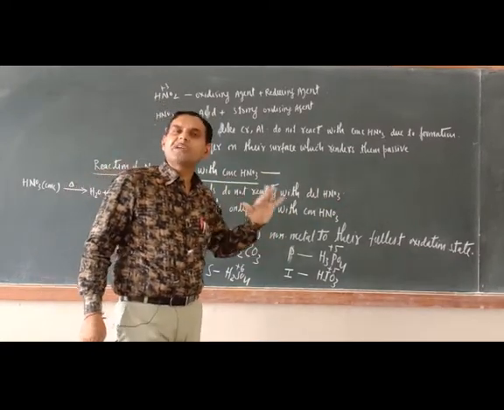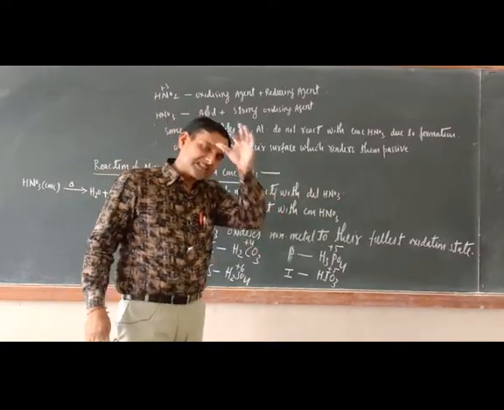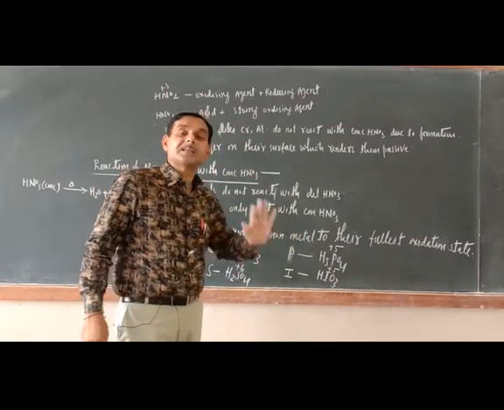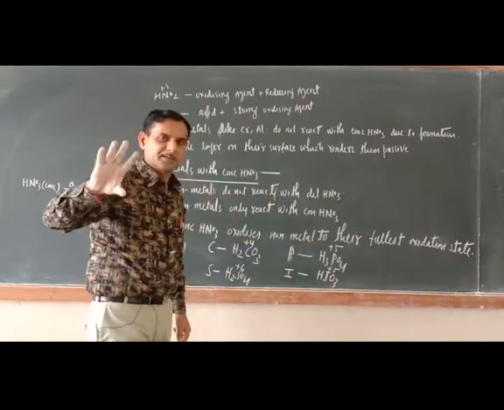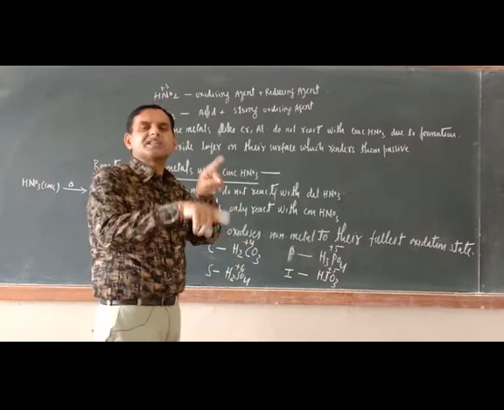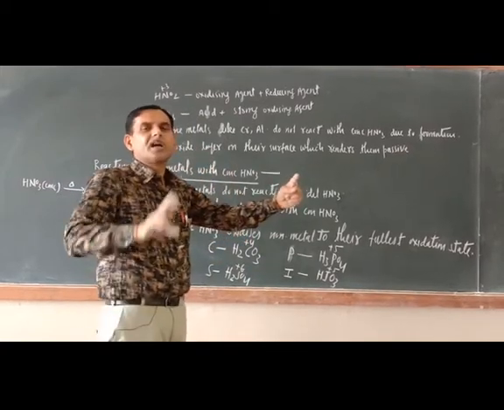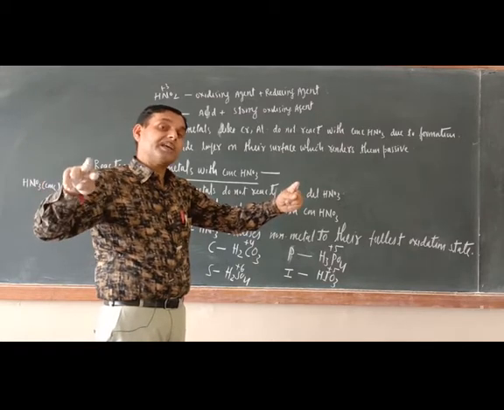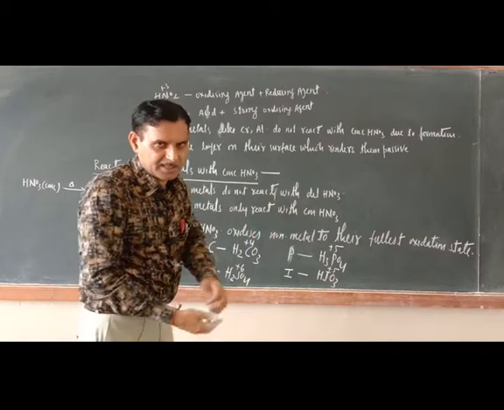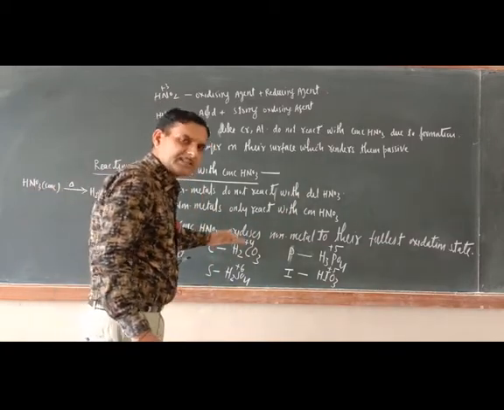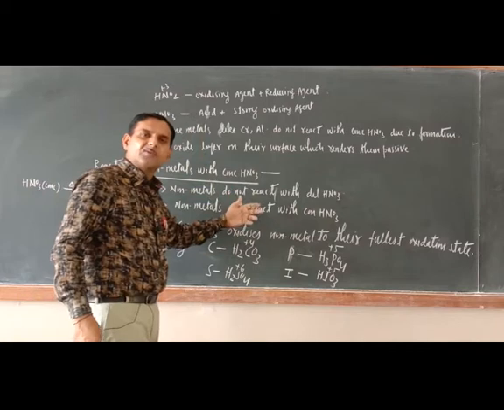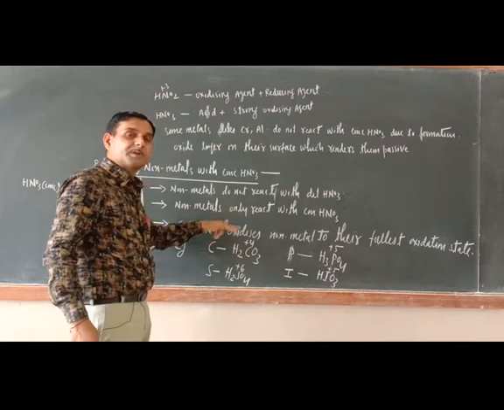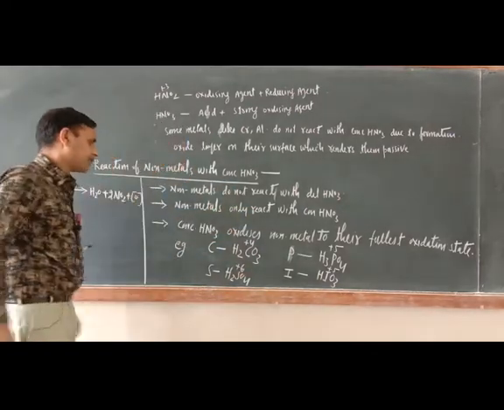Concentrated HNO3 is a weak oxidizing agent, which means its extent of reduction is less. That is why HNO3 can react with the non-metals. I hope you are getting it. Am I correct or not? Just see, a mismatch is needed. If one is strong, the other should be weak, with opposite character. But if it is weak with the same character, then also the reaction won't happen. Non-metals are strong oxidizing agents, and dilute HNO3 is also a strong oxidizing agent, so the reaction is not possible. It is possible in the case of concentrated HNO3.